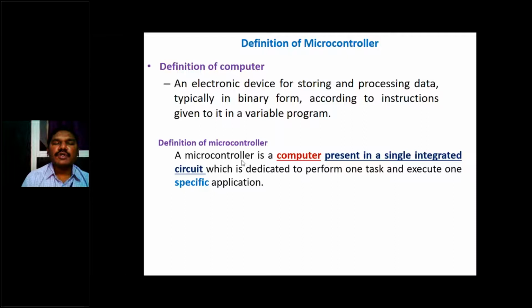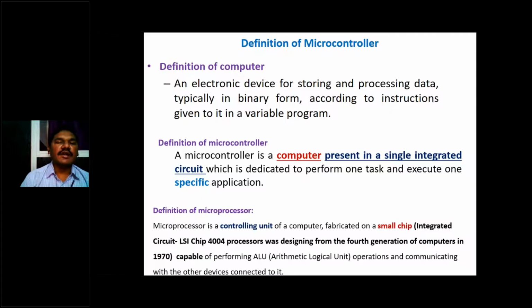So a microcontroller is a computer present in a single integrated circuit which is dedicated to perform one task and execute one specific application. But this desktop computer, this laptop computer, is not meant for that. Why? Because the desktop and laptop computer have a microprocessor. What is a microprocessor?